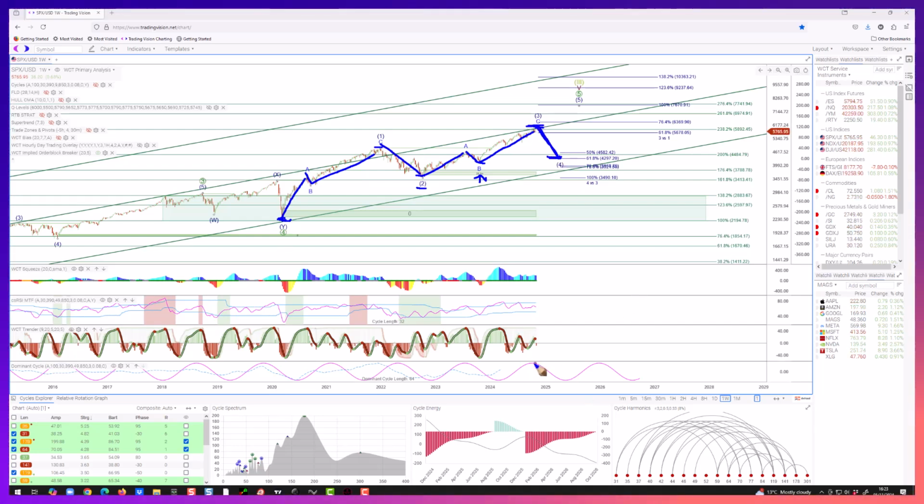You can see the weekly dominant cycle here is topping out. That's running at 64 weeks. The first trough of that cycle is expected at the end of May next year, and the second trough of that cycle is expected in 2026. So we could get, I've marked it as just a fairly deep correction, but it's a wave 4.